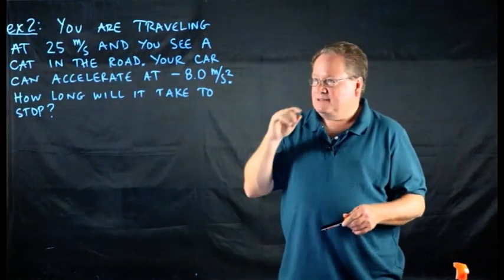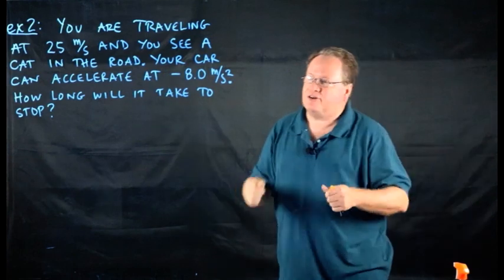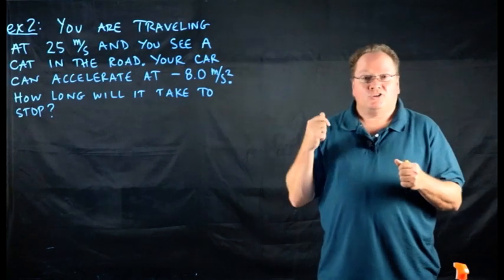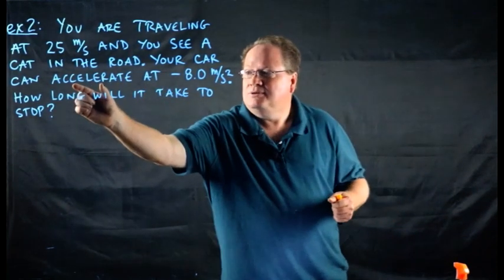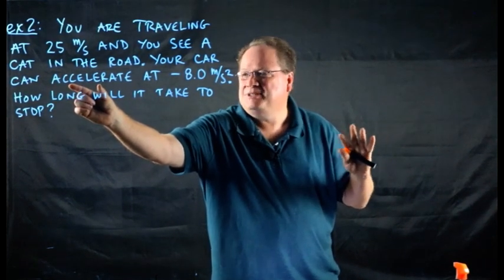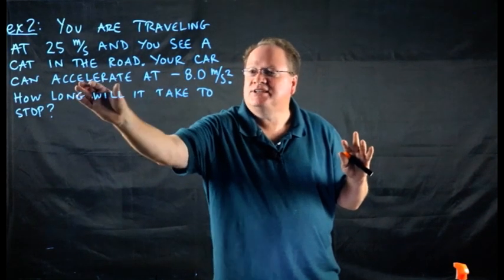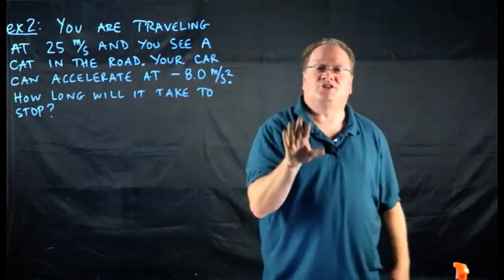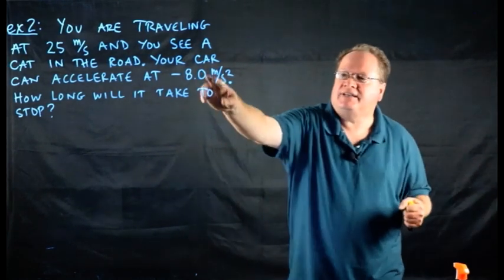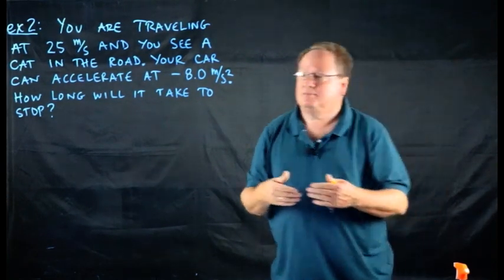Okay. So this one's a little more challenging than the last one, but hopefully you're envisioning what's happening here. You're driving along, and you're moving at 25 meters per second. You see a cat. You're going to slam on your brakes. Don't mistake accelerate for meaning you're going to go faster. I hope that's not you, speeding up to hit a cat or anything. But the fact is, even negative accelerations are still accelerations. Again, because it's negative, it just means you're slowing down. So I'm going to jam on my brakes in order to experience a negative acceleration. And it's wondering, how long do I have to come to a stop? How long will that take?